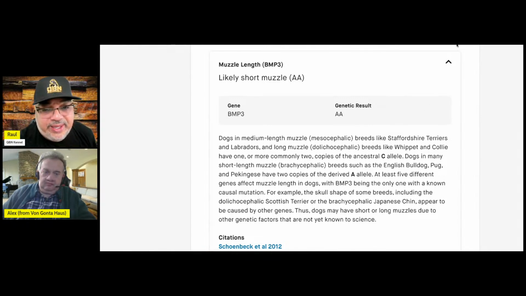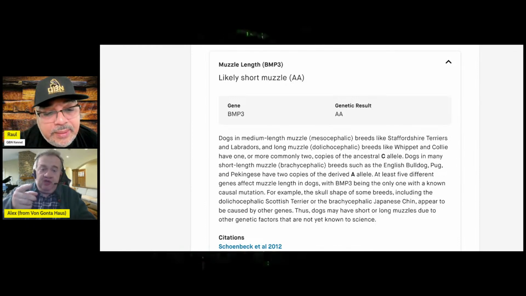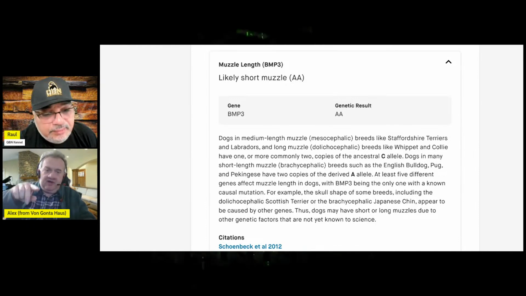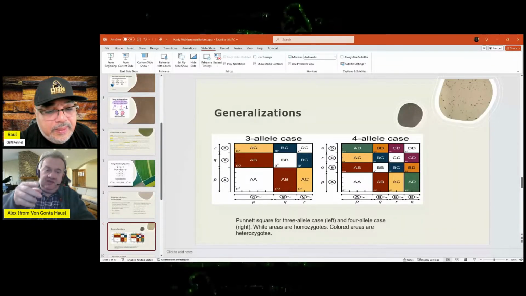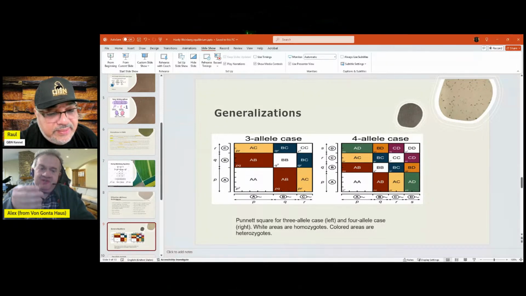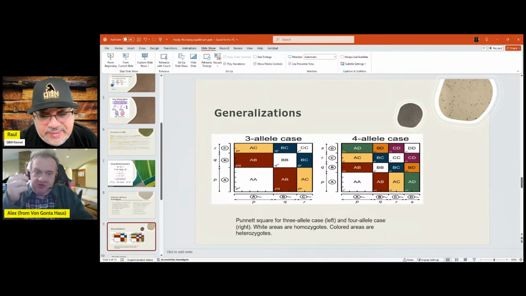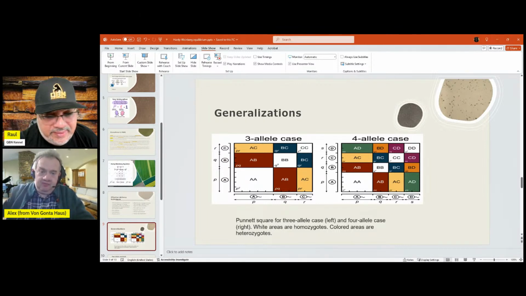Okay, so I'm just giving Q in this example. 2PQ is the double, right. Just to go back to the equation, your gene for short muzzle is A. So that's like P squared in this equation. Correct. The AC, which is the mix of short and long muzzle, that's 2PQ. And the double recessive, which is the short muzzle, is Q squared.